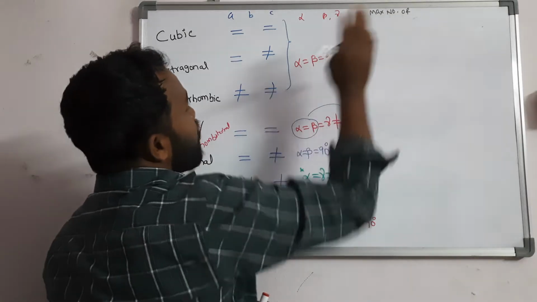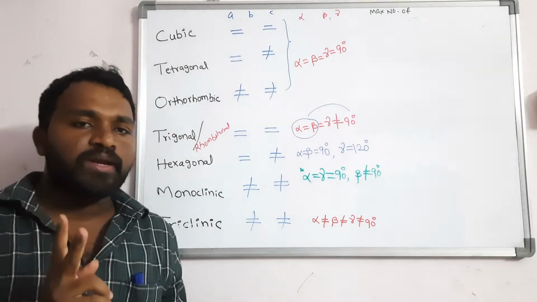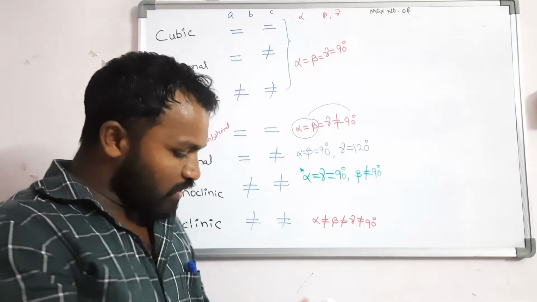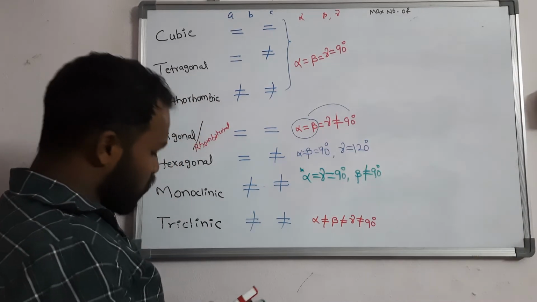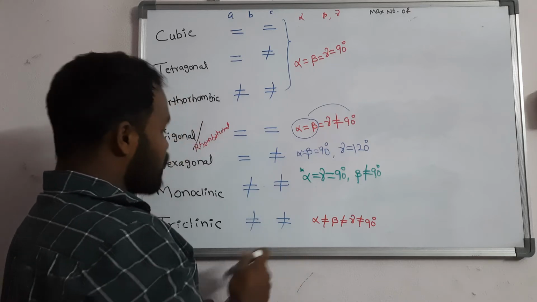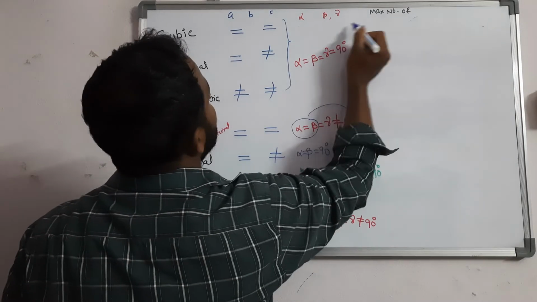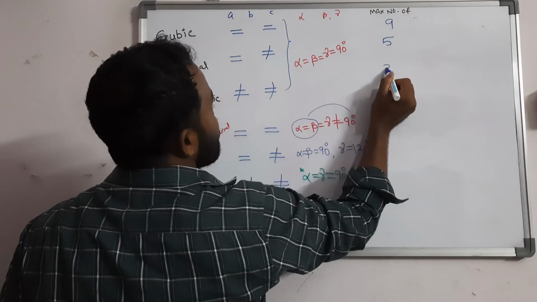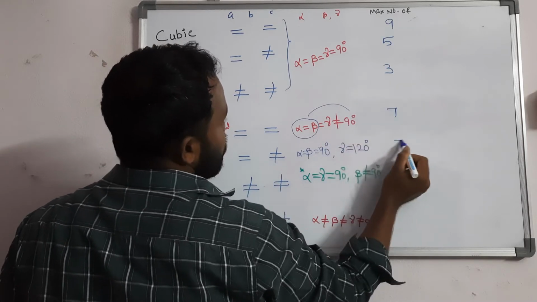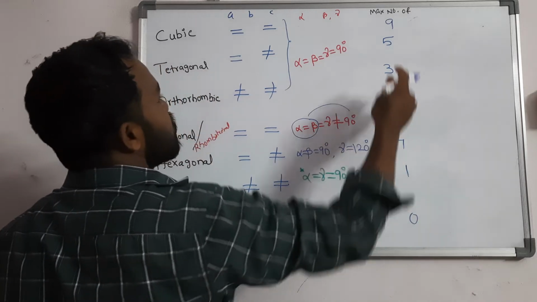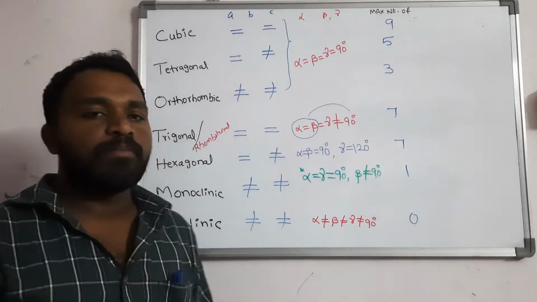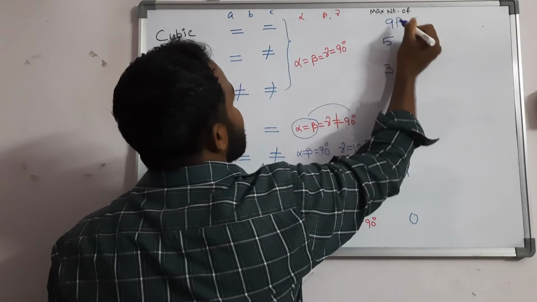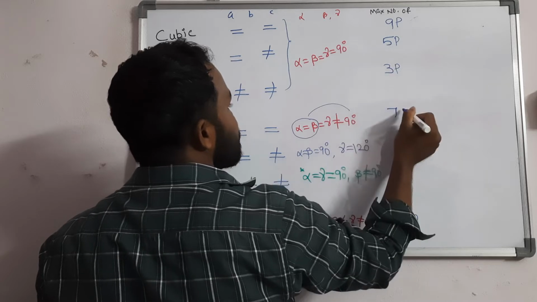So, maximum number of symmetry elements. Two types of symmetry we are going to discuss. One is plane of symmetry, the second one is axis of symmetry. For this you should write one code. The code is like a phone number: 9537710, right? This is the code you should remember, like a phone number, 9537710. All these are planes of symmetry. P means plane of symmetry.